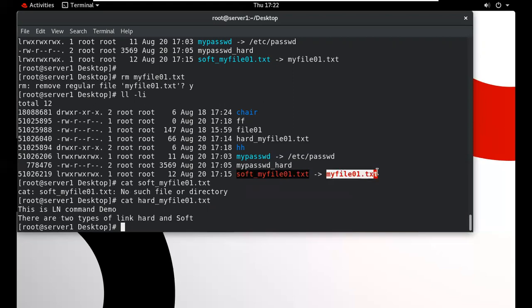When we delete the original, the soft link will not work. But the hard link will work. So this is the difference between hard link and soft link.